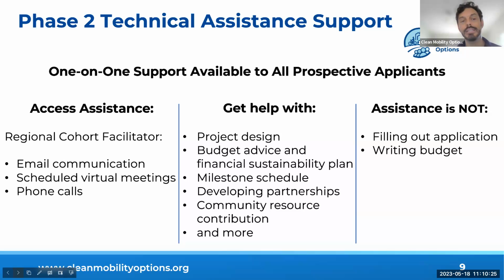So let's dive into the specific areas where we can offer our expertise. Whether you need assistance with refining your project design, receiving budget advice, financial sustainability planning, creating a milestone schedule, developing partnerships, or identifying community resource contributions, we've got you covered. Our goal is to equip you with everything you need so that you have the support to submit a strong